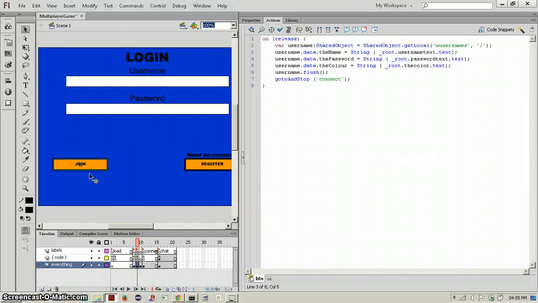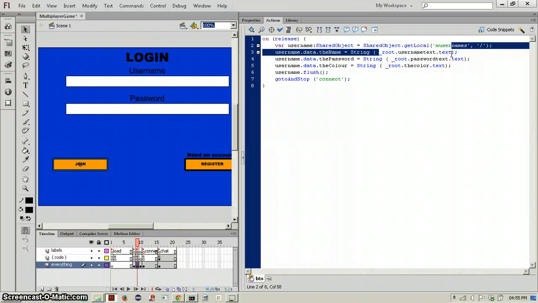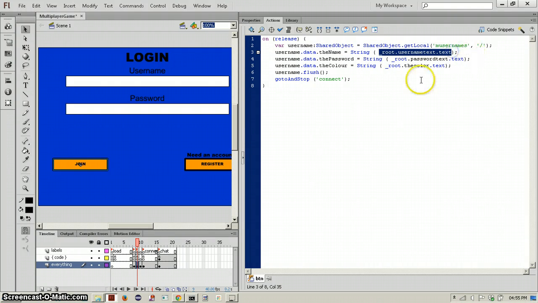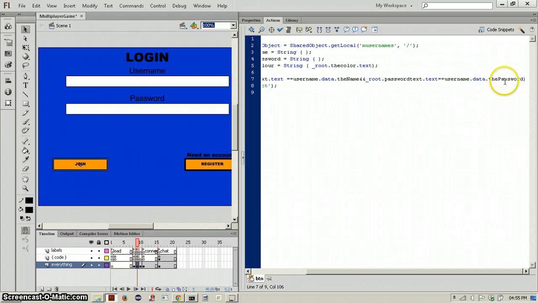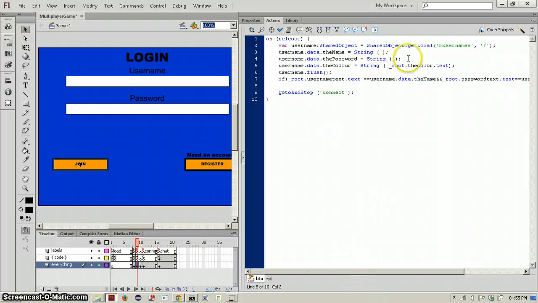So on release, if you press the join button, we'll call an if function, if root.username.text is equal to the username and root.password text is equal to the password. So if the username and password are correct,